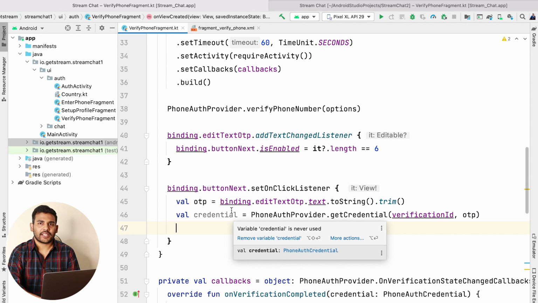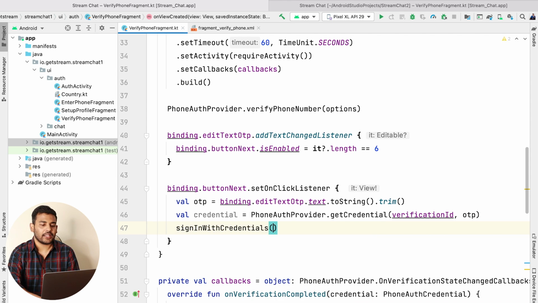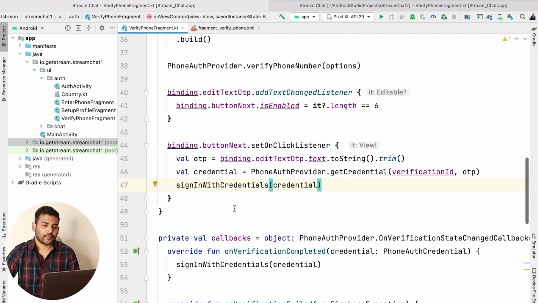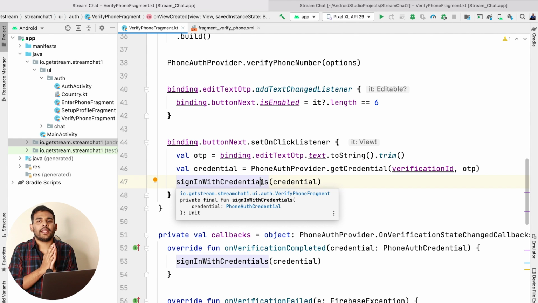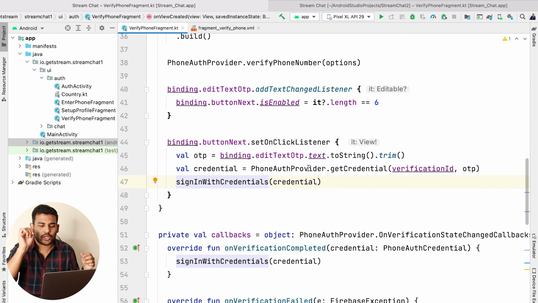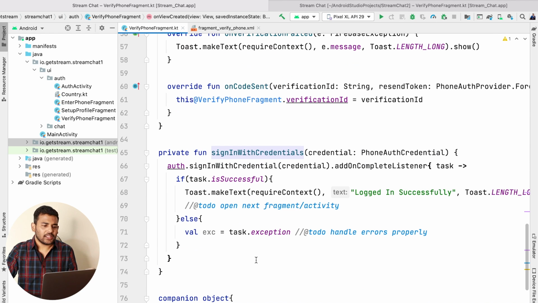So again I will call the same function that we created, that is signInWithCredential, and I will pass the credential like this. Now we have handled both cases, if the verification is done automatically or if the user has to manually enter the OTP. So in both cases we will log in the user.